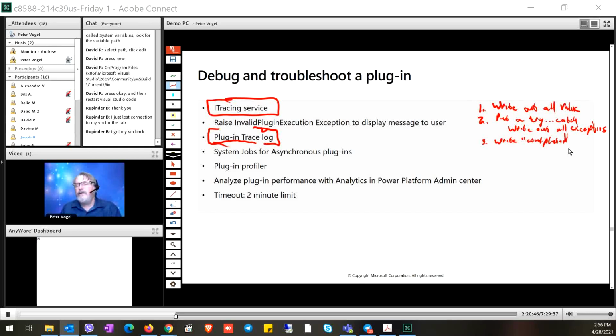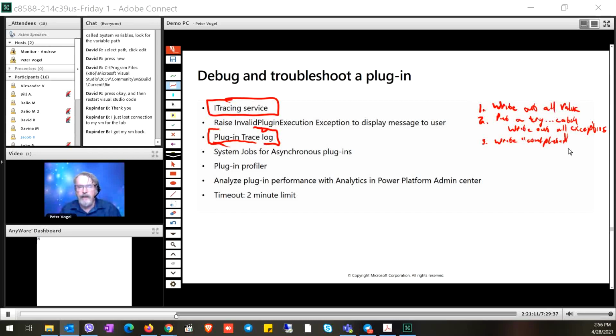The other thing is, when you write out a completed message, that means in the log file there's going to be a timestamp saying when that happened, and that's the last line, that tells you when you finished. So that gives you some idea of duration. You can look at the timestamp for your very first message and the timestamp for the very last message, and you can say, oh, okay,